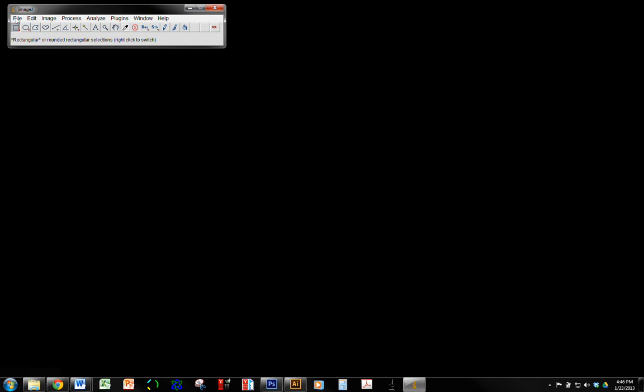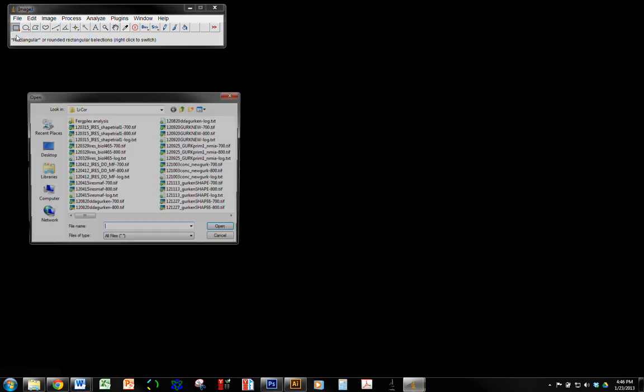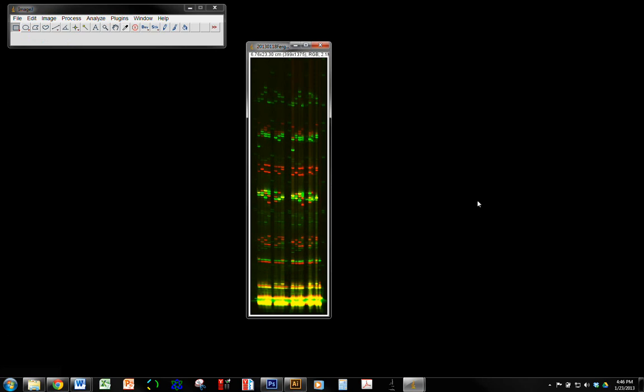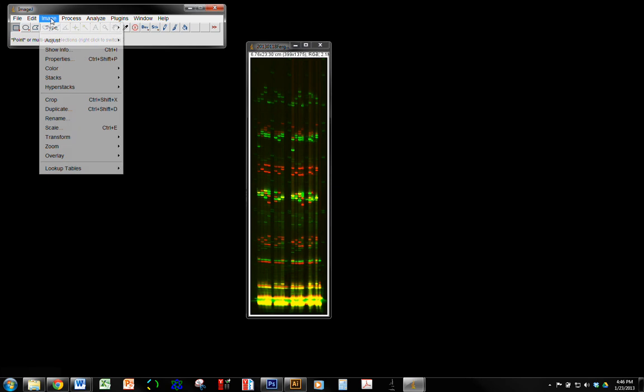So what we're going to do is start by opening up a file. Open, and we're going to take a look at a file that is a pilot that I did for the experiment that we're going to do in lab this semester, and you can see that there are red and green channels. First thing that we're going to need to do is